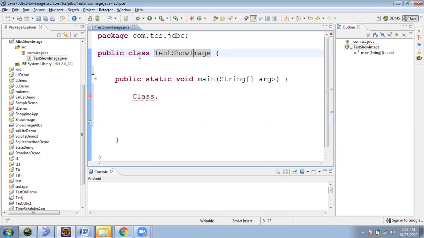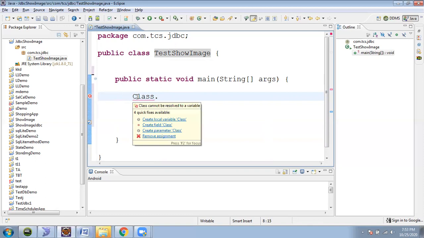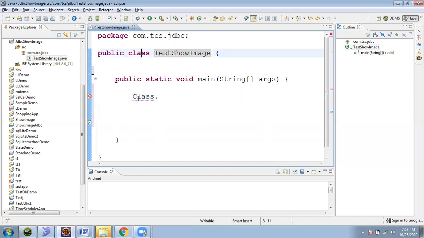Understood? The compiler understands by this class keyword. Whatever is written after this class keyword will be treated as a class, right? Now let me come to this class. This is basically a class because the first letter of this class is a capital letter, and this is how it will be treated as a class actually. So this class is a keyword, this Class is a class actually.